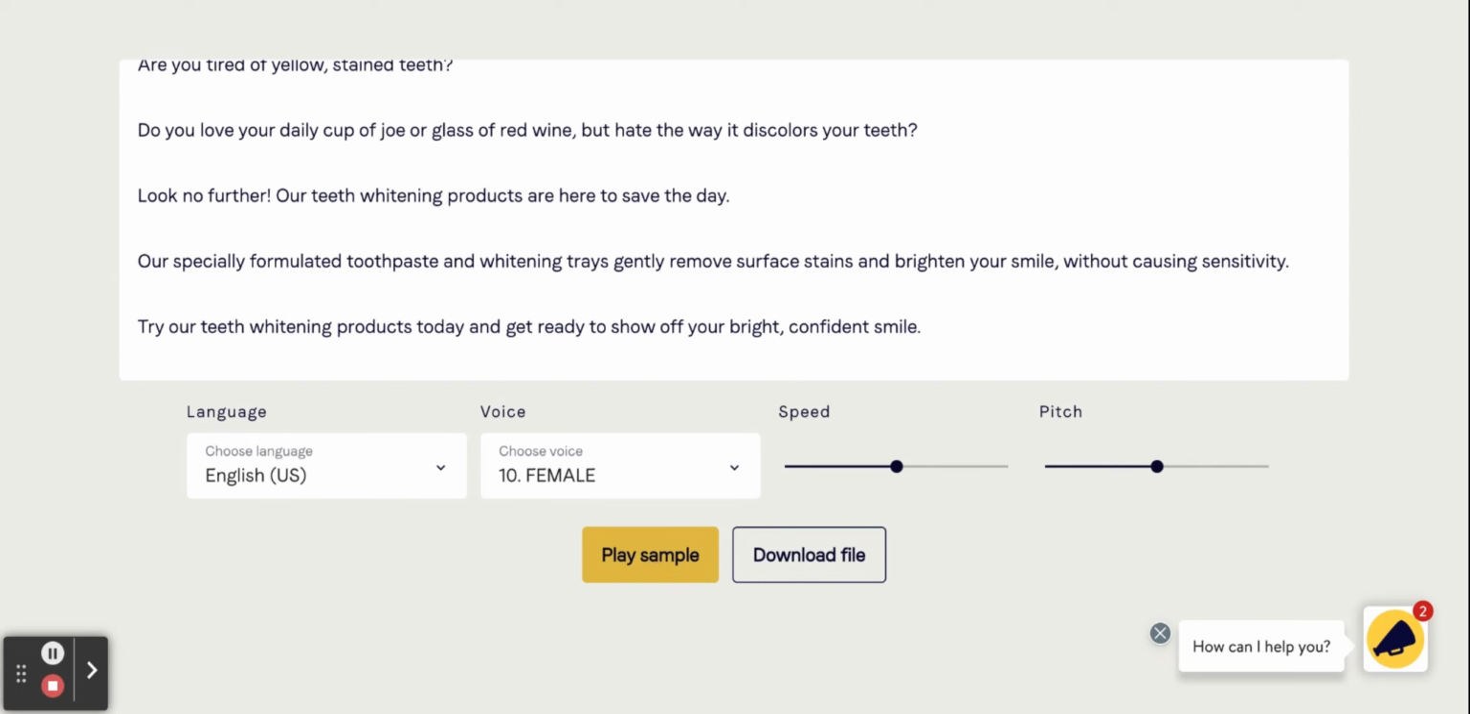Are you tired of yellow, stained teeth? Do you love your daily cup of joe or glass of red wine, but hate the way it discolors your teeth? Look no further. Our teeth whitening products are here to save the day. Our specially formulated toothpaste and whitening tr